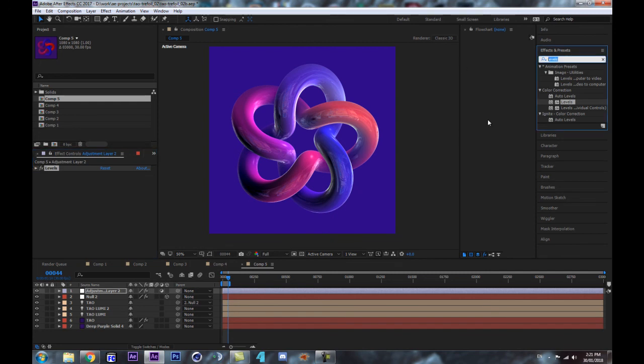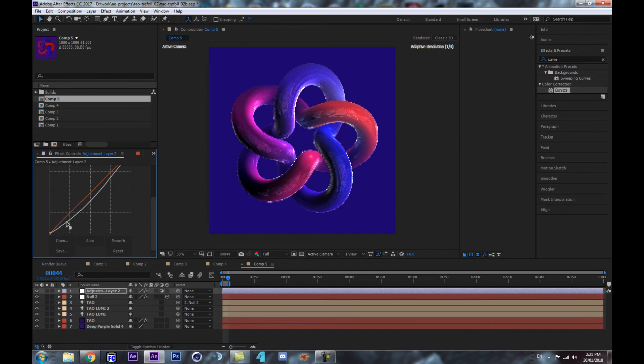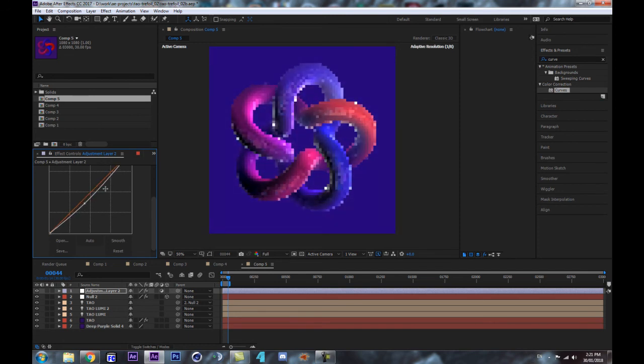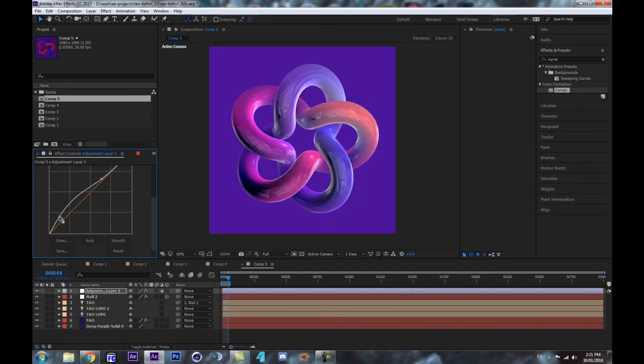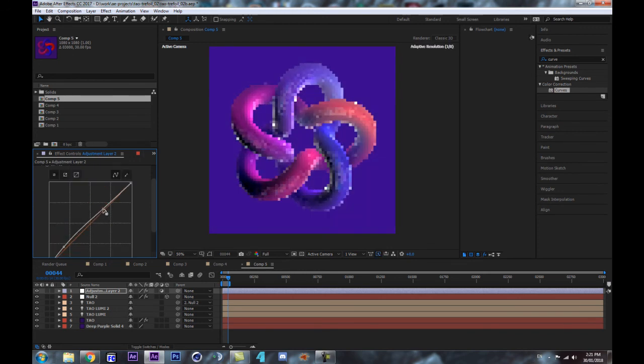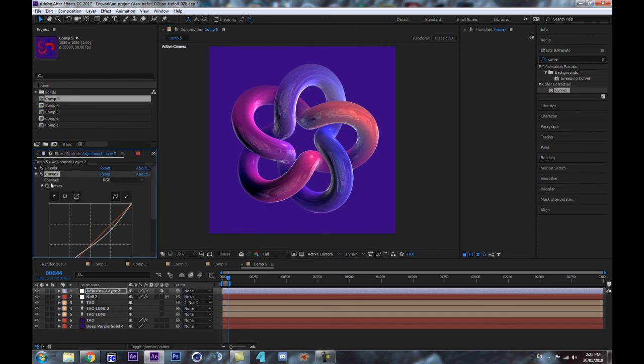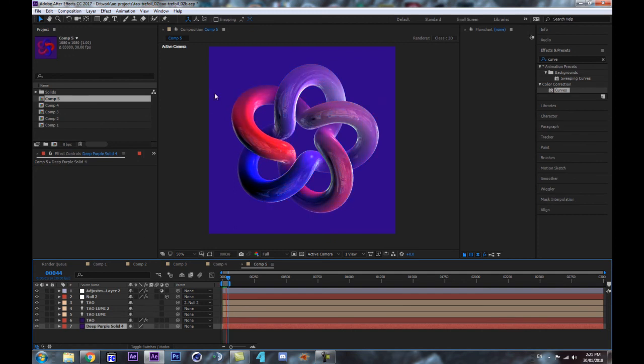And let's also add a curves right to the last part of it, and maybe we can increase the contrast, so make it a little bit of an S curve there, or cancel a little bit of those darker colors here, flatten it out. Maybe that's something that you're aiming for, maybe not, I don't know. So this is where I wanted to get to today, and I don't think I have much more to say about